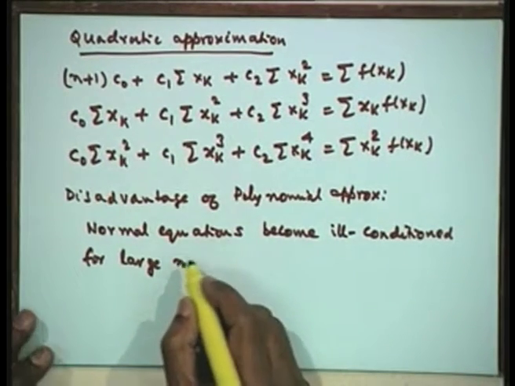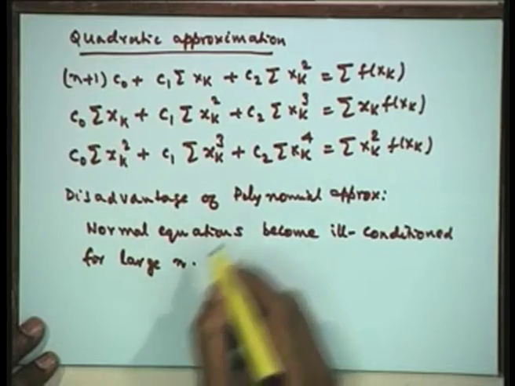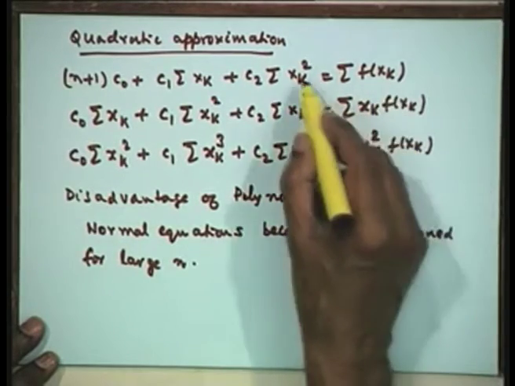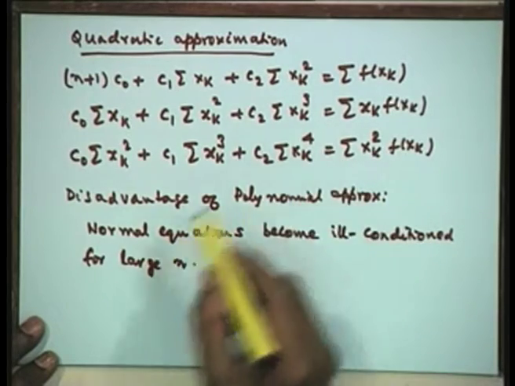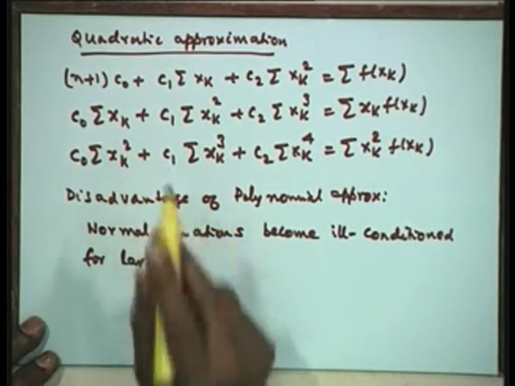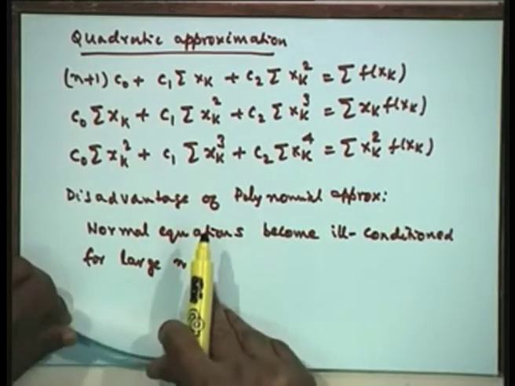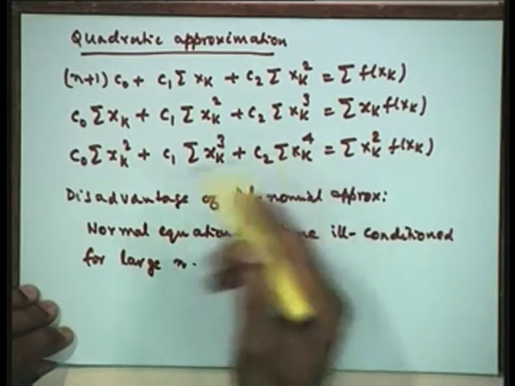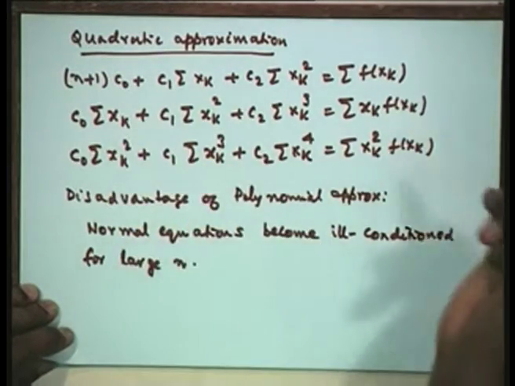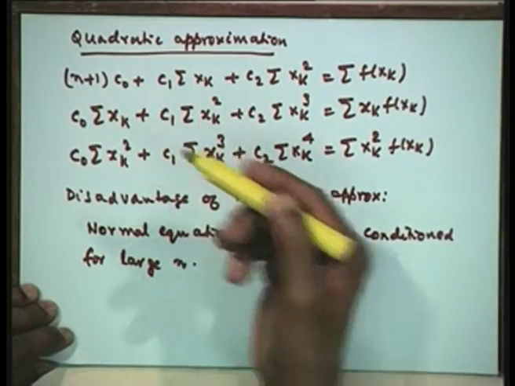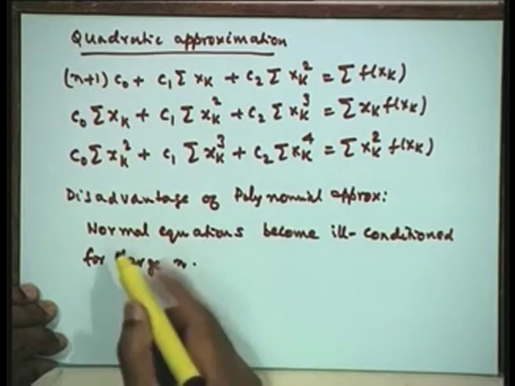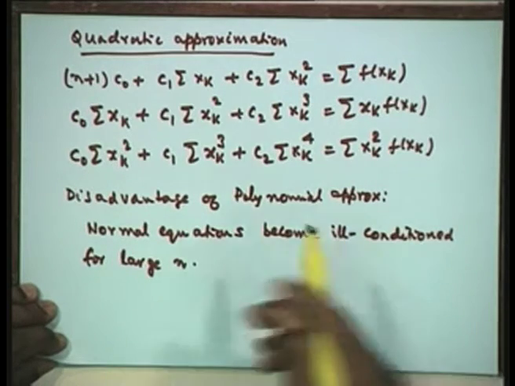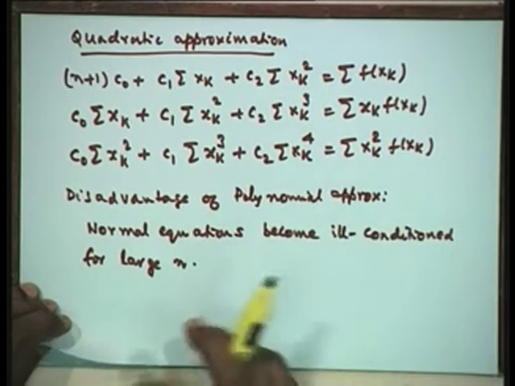What really computationally, as I said, it would mean is that the round off errors that are there in your f x k, x k, and then these summations that we are doing, can really spoil the solution of the particular problem. That means, if you round off to 4 places, you may get a different answer, you round off to 5 decimal places, you will get a different answer. So, that is the effect of the round off error is seriously felt in the solution of the problem. That is what we really mean by ill conditionedness in terms of the computational aspect. Now, let us first take an example on this.